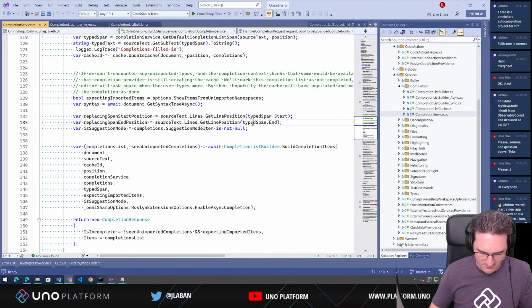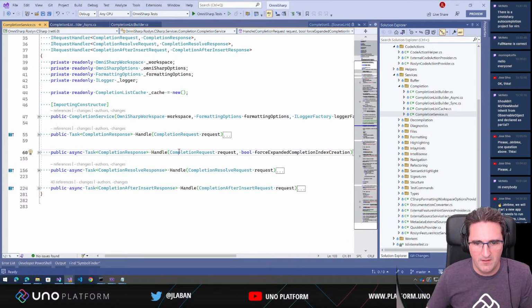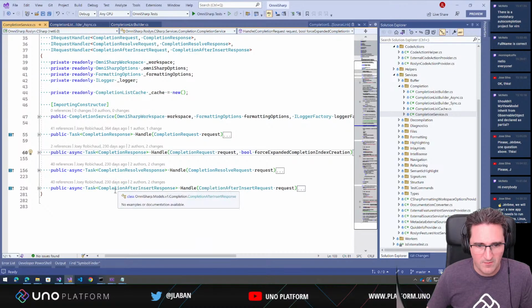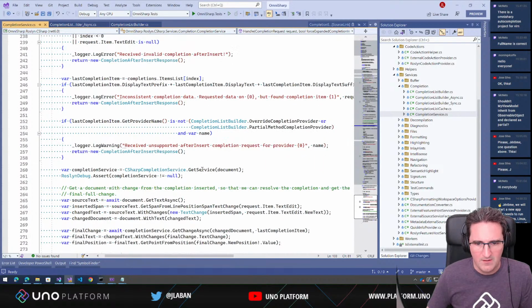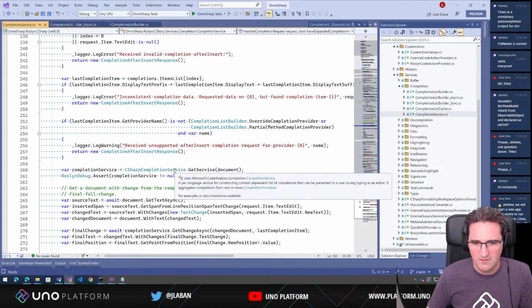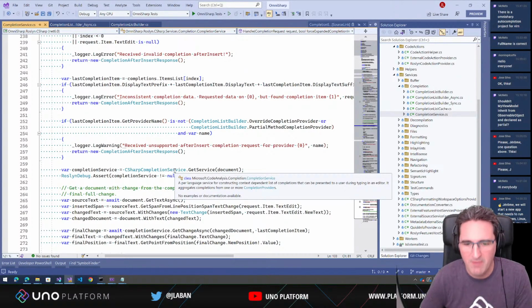Is there another method that's interesting here in that class? We have handle completion response, completion resolve response, completion insert after response. Okay, so that would be an insert after, maybe. C# completion service. Okay, so that completion service is something that we may be able to use because it